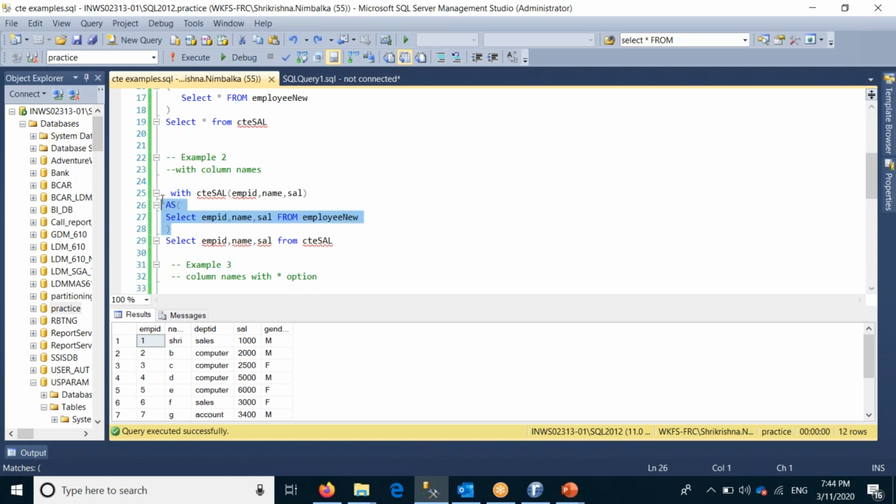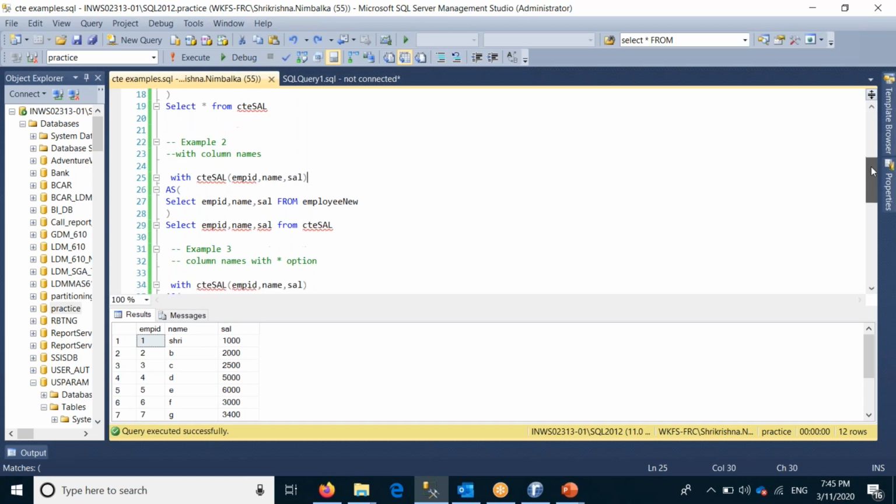And once my CTE has been completed, I used those same columns in the select statement. So we'll execute and see what the output of this query will be. So I am able to see my result here. In that result, I am able to see the three columns which I used here, also provided to the CTE as parameters.